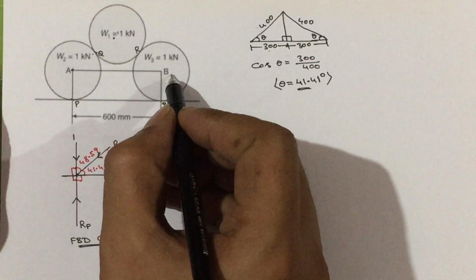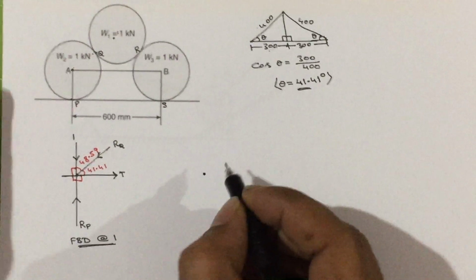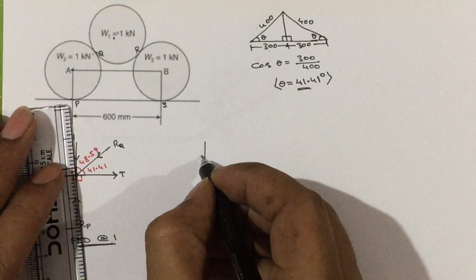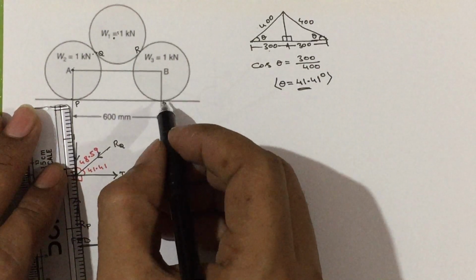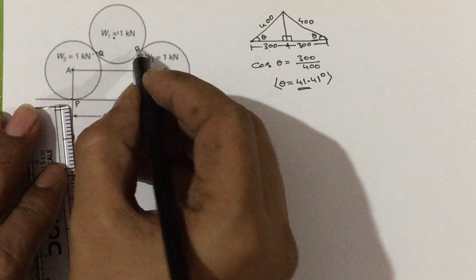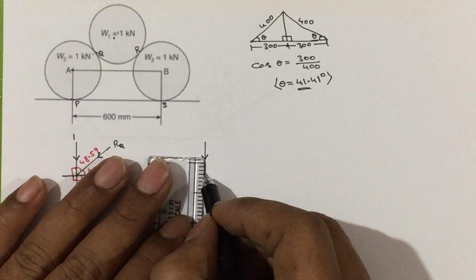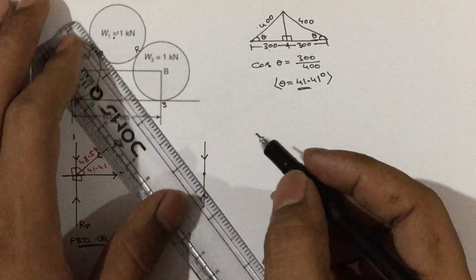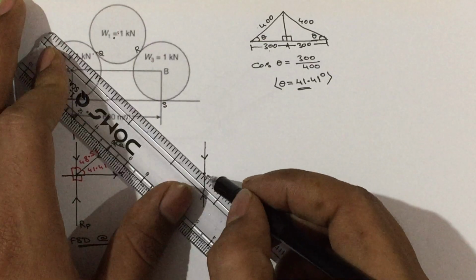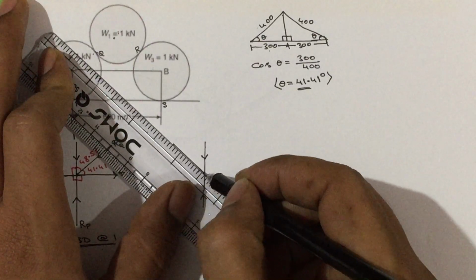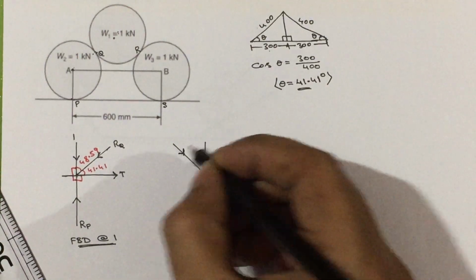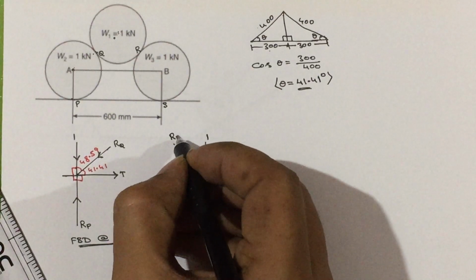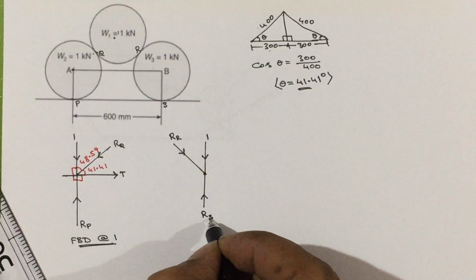Then we will write the free body diagram for the second ball. Write the point, then write the connected lines. First of all, the weight line that acts vertically downwards. Then this ball is in contact at S and R points. So join the center and the contact point, you will get the compression reaction. Then write the magnitude. The weight is 1 kilonewton. Then this one will be the reaction at R point, and this is the reaction at S point.